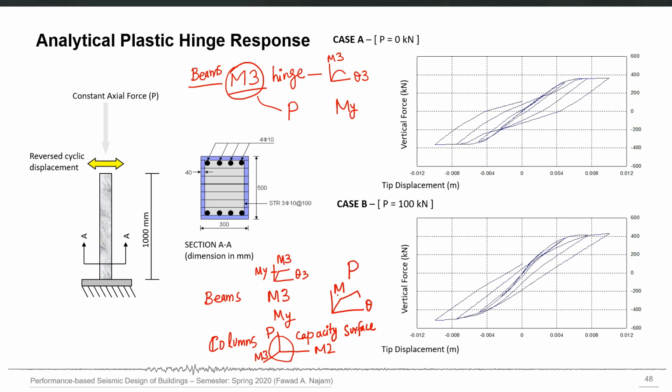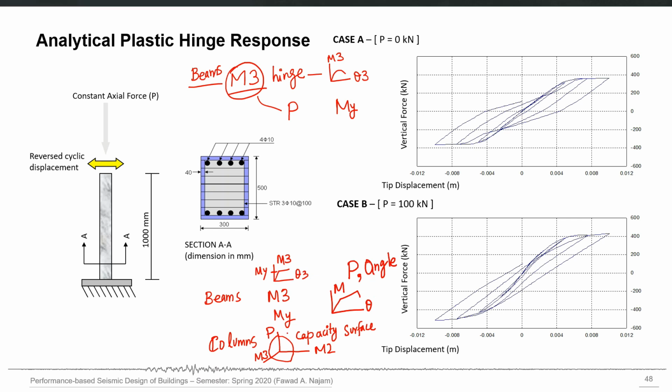What is the axial force at that particular level, and then the angle, let me call it angle so that it is not confused with that theta.